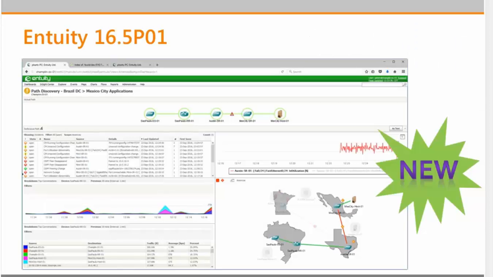So today we'll be using the recently completed Entuity 16.5 patch 01 release of the software. On that point, if you have any questions on this new release, please don't hesitate to contact your Entuity system engineer. We'll be more than happy to discuss the new contents. This includes the new integration into the BMC TrueSight dashboard, as well as other enhancements making monitoring of your network more efficient and effective. So today's topic is